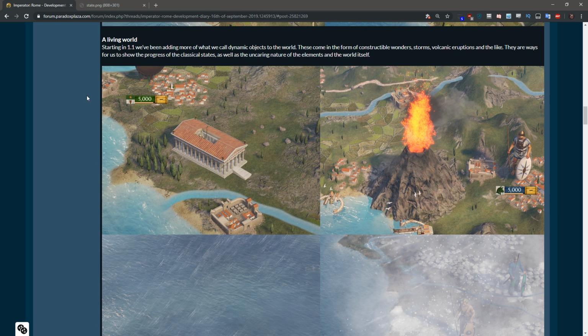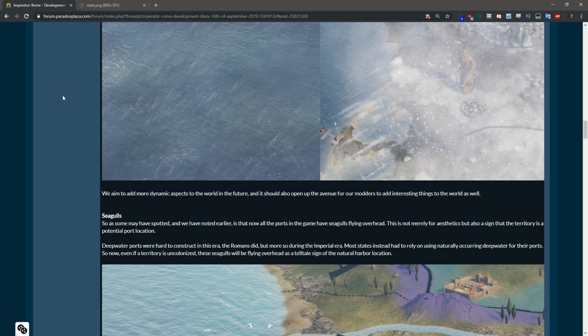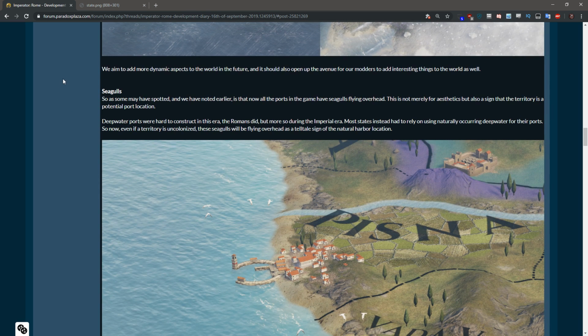Fires and plagues aren't actually in the game right now, but they probably will be. But yeah, seeing the earth crack beneath earthquakes, I know it's not realistic at all, but God, that would be so cool to see. It really would. Seagulls. So as many have spotted, and we've noted earlier, is now that all ports in the